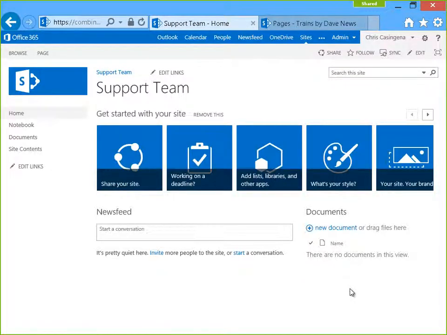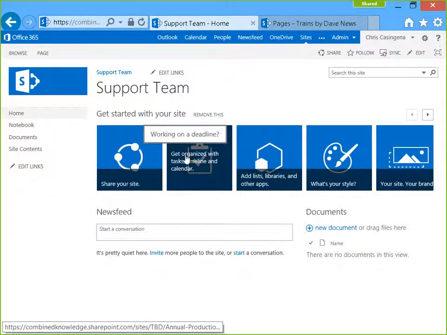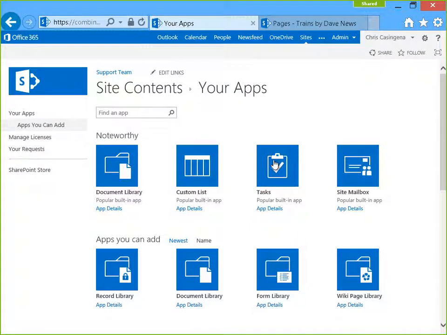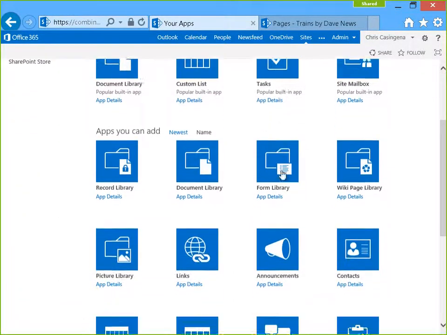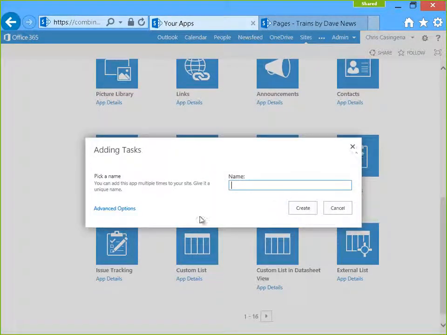And the other benefit of a team site is keeping it relevant. You'll notice that I've got a document library, but I don't have a tasks list. Well, it'd be nice to have a tasks list, so I can choose the option to add additional apps, or I could quickly click on this link to create a task list immediately. But look at the wealth of apps or lists and libraries that you've got available to quickly put content holders into your site. If I wanted to store some tasks that are relevant to my team, I just put in the information, team tasks,